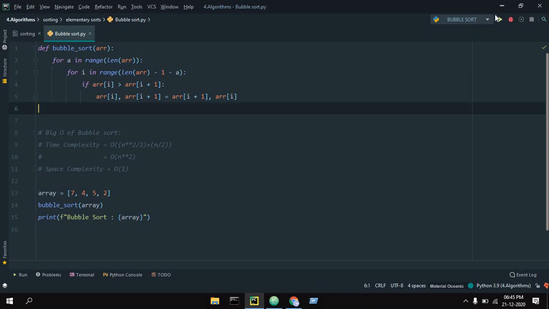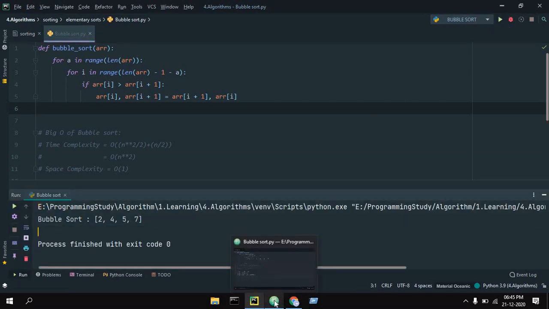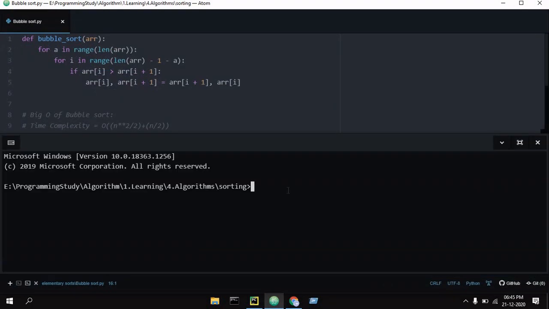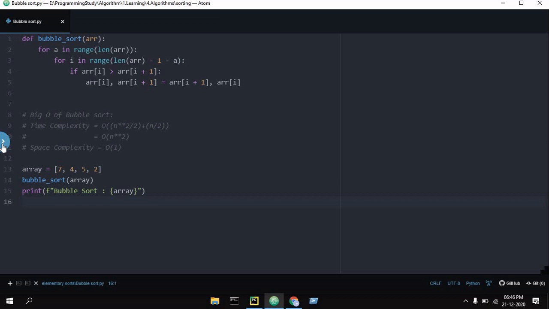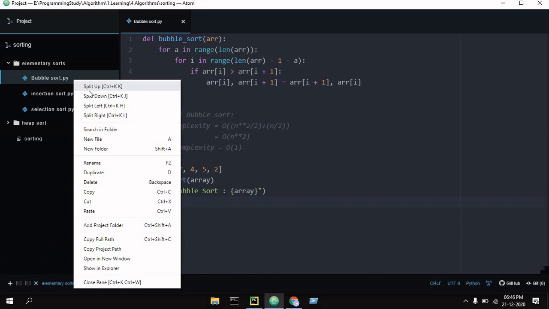If you see here, when I run the bubble sort it works fine, but when I open another console and open the terminal and then run python bubble sort, you can see that we are getting a string representation of the file. This is happening because of one small problem: the file name has spaces in it.